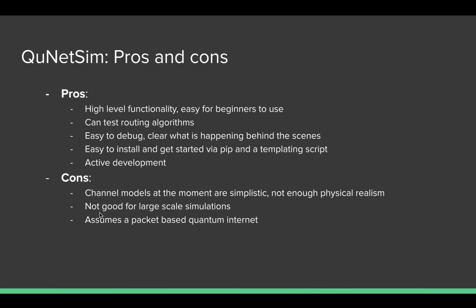Since it's using single processing, multi-threaded on your own laptop, it's probably not great for large scale simulation. So if you have like 100 nodes in the network, 100 hosts sending many messages, things will slow down pretty quickly. And lastly, it's using a packet-based quantum internet model, which maybe is not realistic in the future. Maybe it is, but it's not yet decided. It's not a standardized method. But there are some proposals that are not using packet-based quantum internet, and therefore maybe in 10 years, when the real quantum internet comes, or 20 years, who knows, it's not based on a packet-based internet, and maybe the research done with QuNetSim is not useful.